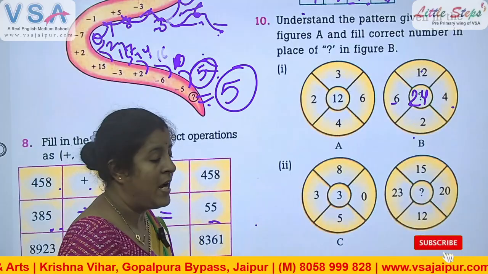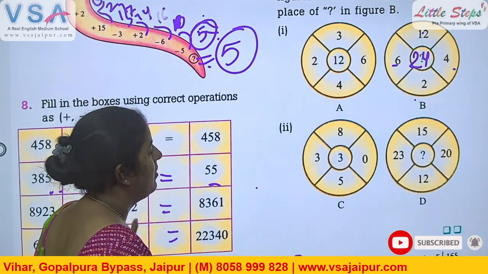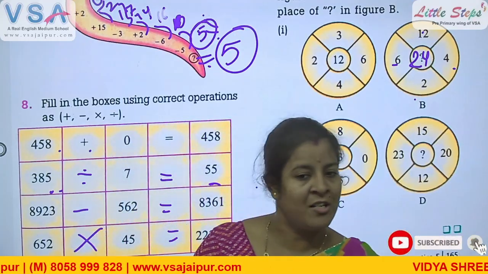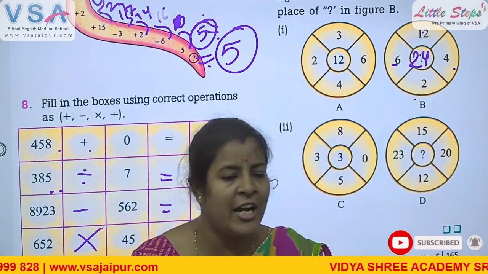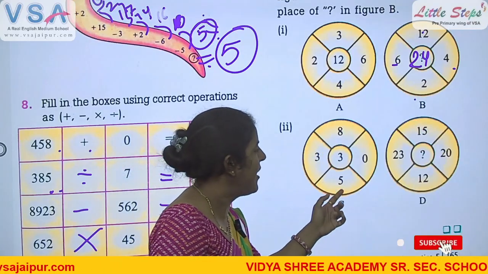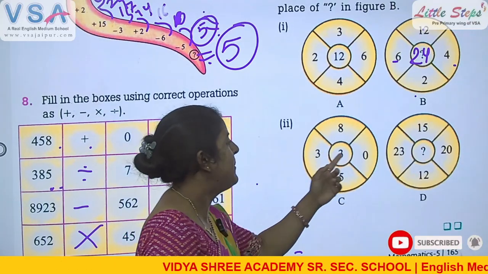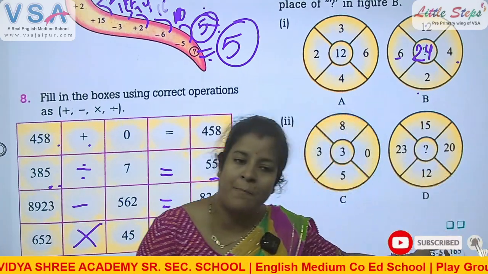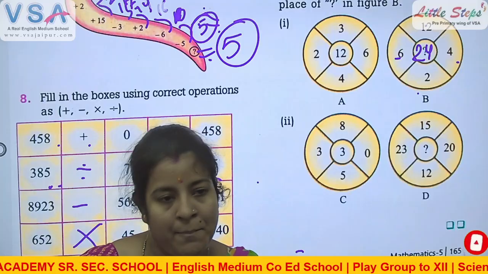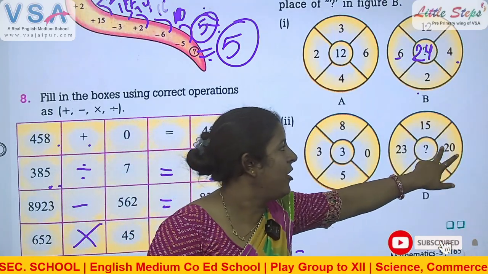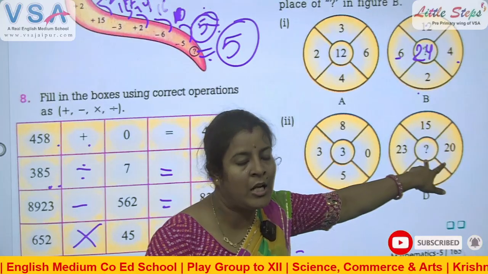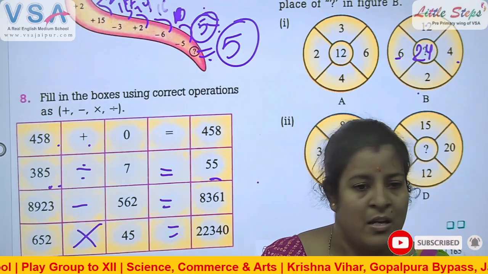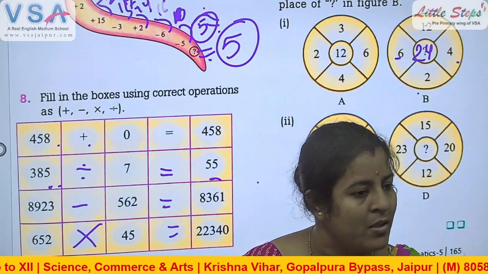Okay, and the last question of this chapter, 8530. And which symbol, which operation is used for this question? Subtraction or addition? 8 minus 5 equals 3. 3 minus 0 equals. So, kids, give the answer for this figure B in the comment box. Yes, give the answer for this question in the comment box. Okay, it's necessary. And class, this chapter is completed. Do you understand this question? Okay, have a nice day.